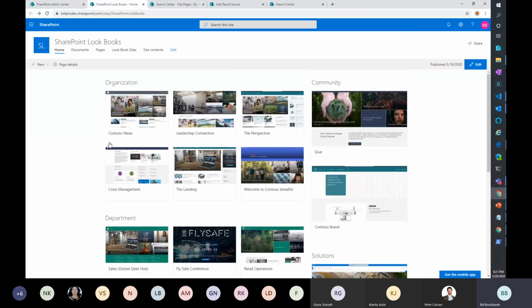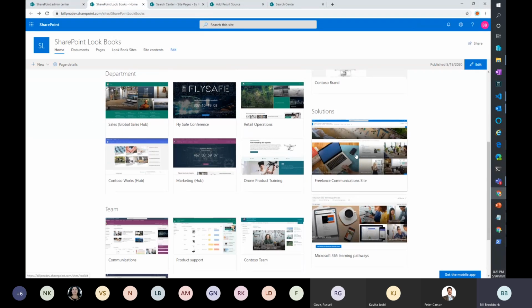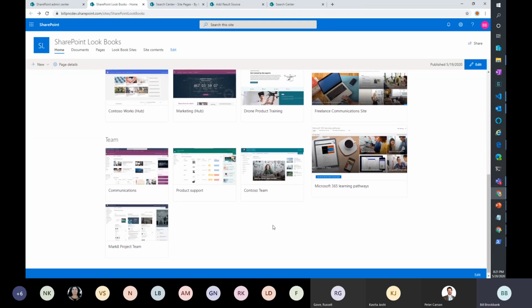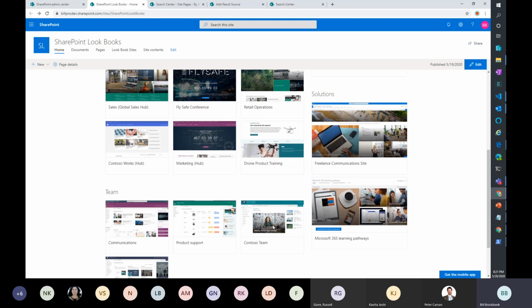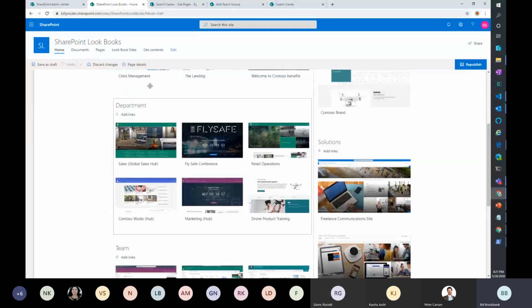And to set up all these views in my lookbook, to be able to click on them as links, if I was able to use this as a content query web part, I could have done all this. Instead, I used the links, what do they call it? Quick links. And the quick links is a real pain.